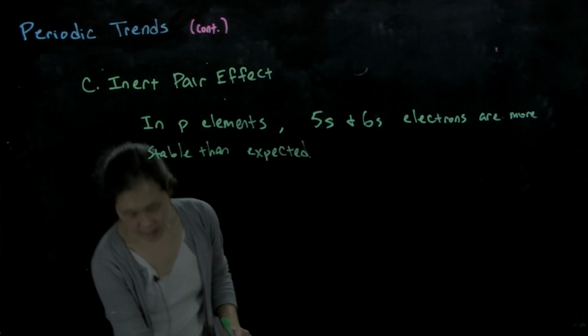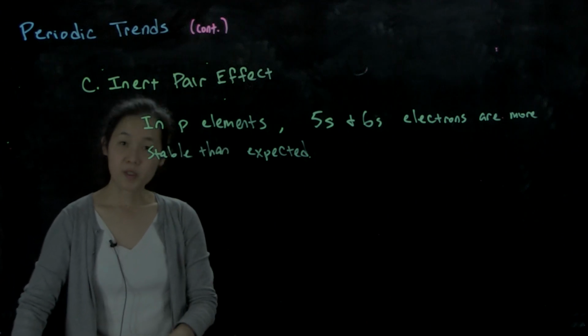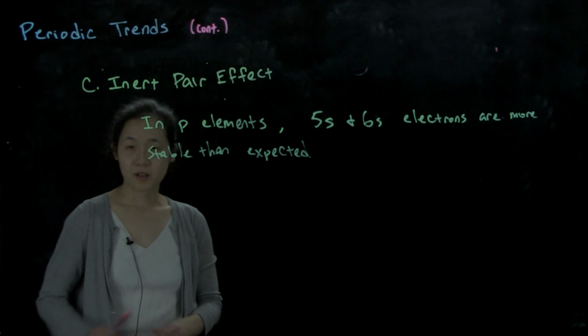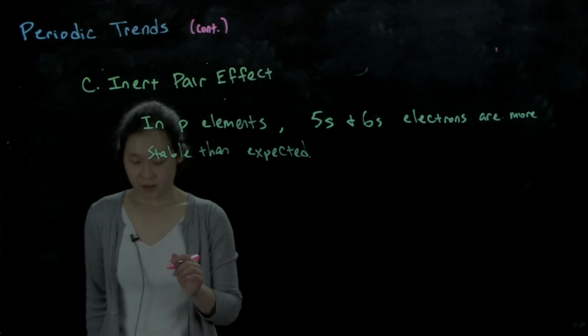So what this means is that what we'll see is that as you go down the groups, so let's talk about, for example,